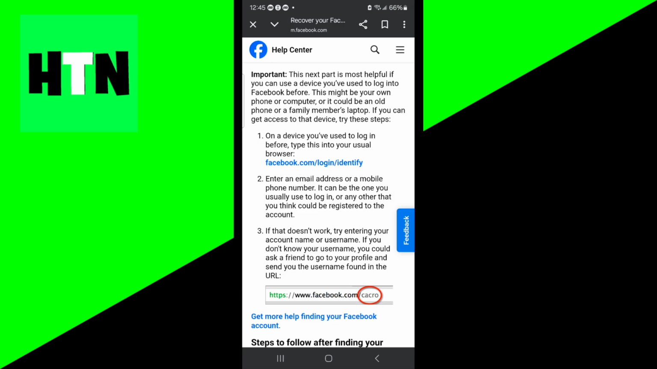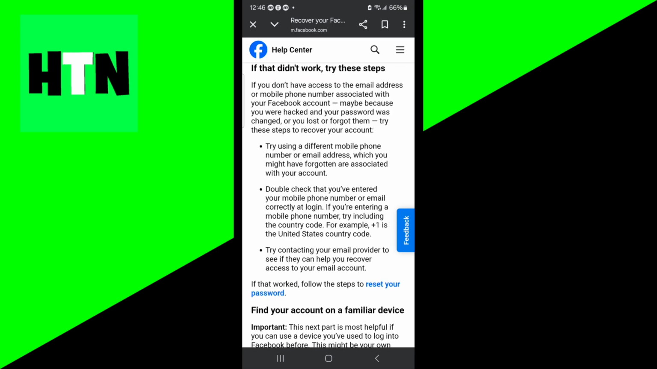So what you need to do is just log into Facebook like you normally would. But there's going to be more information and resources that you could utilize in order to change your